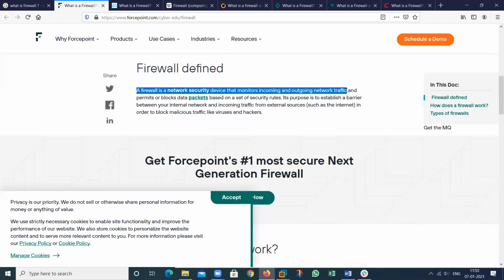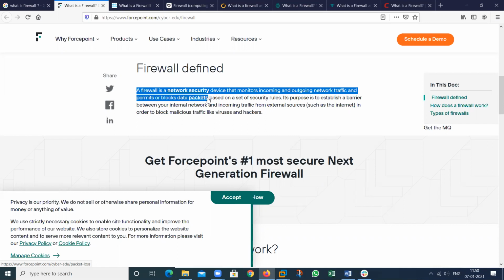Those packets are known as the network traffic, that can be allowed and that can be blocked. It means you can permit this also and you can block this also. So you can permit and block the packets. The packet can be incoming and the packet can be outgoing. So these will be allowed by the firewall.